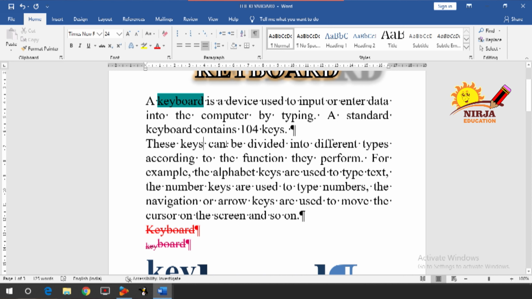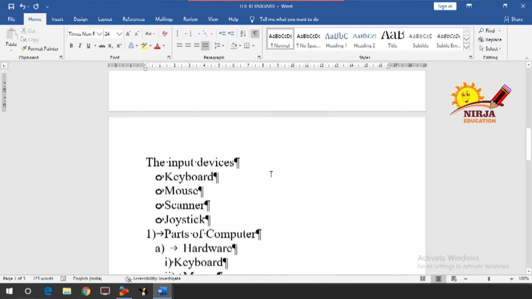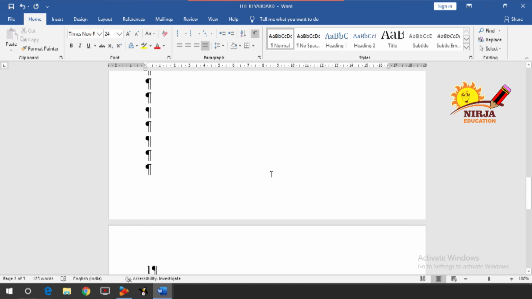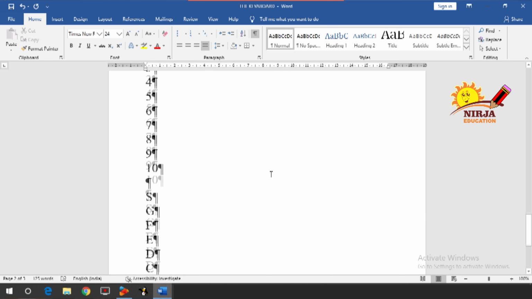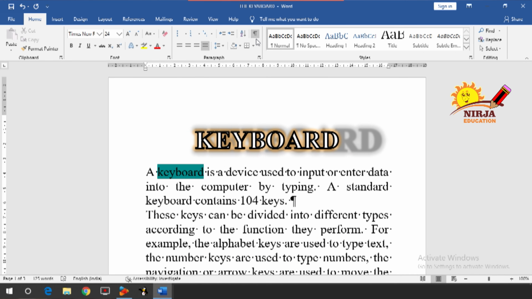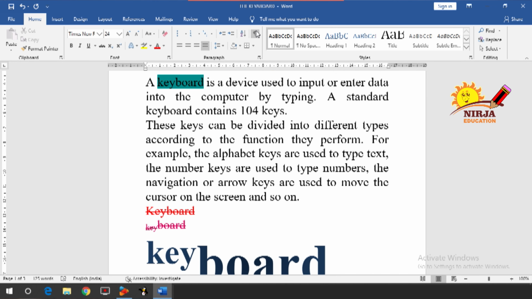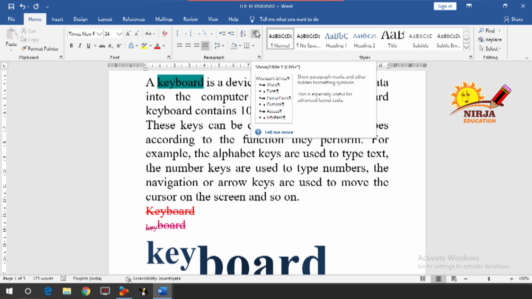As you can see over here between S and C, can you see here? Then wherever I have pressed the enter key, they have given this symbol. This is for your understanding that wherever you have given space and enter, the symbols will be there. If you click on that again, it will be removed, right? So this is your show or hide button.